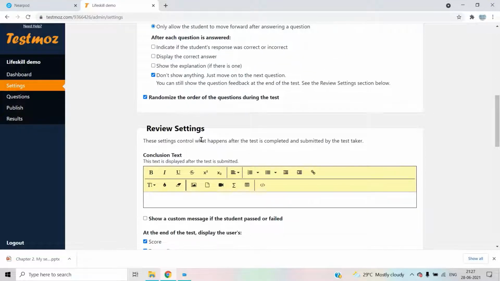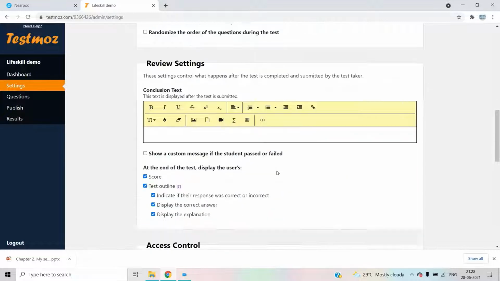Next, review settings. If you want to randomize the order of the questions, you can click on it. If you don't want that, you can deselect it. Review settings. These settings control what happens after the test is completed and submitted by the test taker. So show a customized message if the student passed or failed.